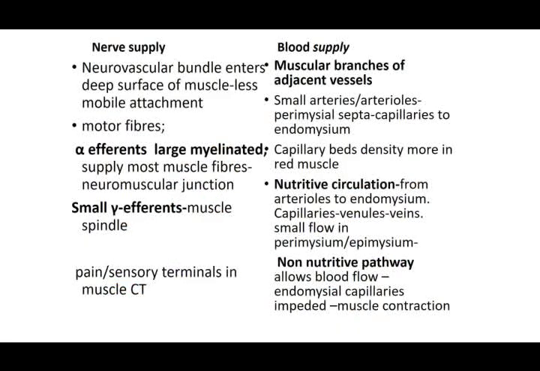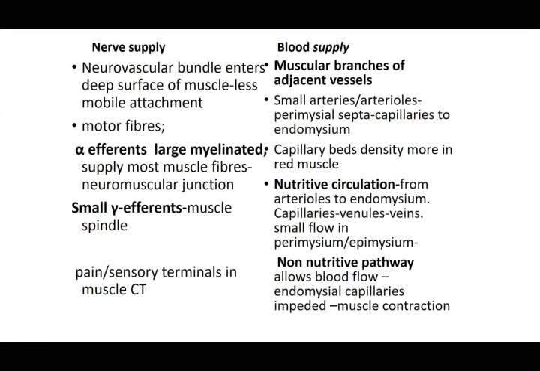The nerve supply of the muscle is attached where you have the non-active end, so that the nerve is not damaged. For the blood supply, two types of circulation are given to the muscles: one is nutritive and the other is non-nutritive. This goes deep down to the level of the endomysium, where you have one muscle fiber. The nutritive circulation is slow, and it is just going to supply the nutrition deep down into the cell. The perimysium carries the non-nutritive circulation, which allows blood flow and muscle capillary movement.